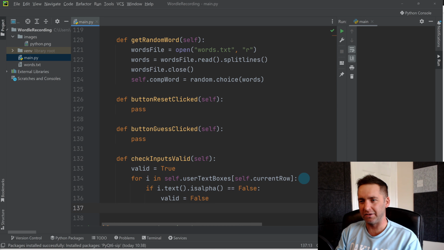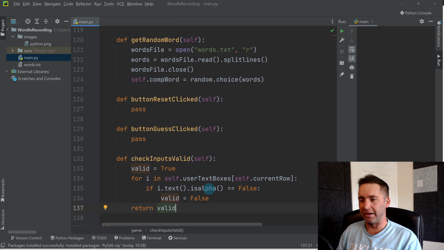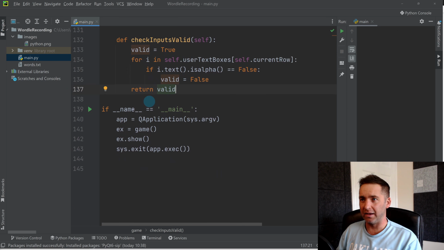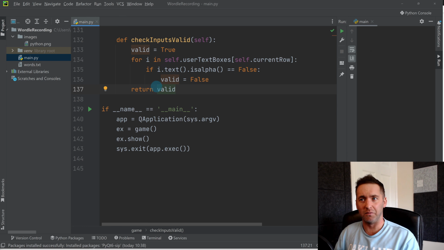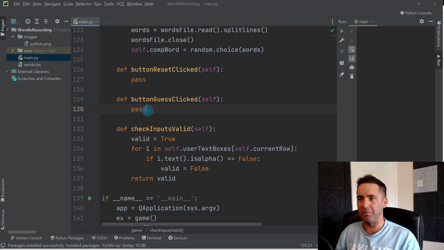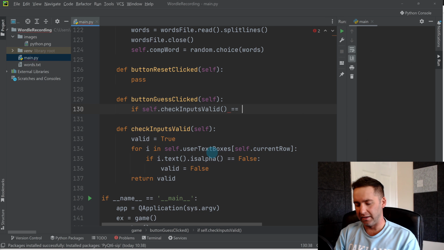So it's a quick validation check. I could add more validation to this if I want, and I could do it all in a check valid method, which might be a nice way of doing it. Now whenever I call this, it's going to return either true or false, depending on if my top line is valid in terms of its inputs or not. Then in this button guess clicked, I can reference that right at the start. I wrote if self.check inputs valid is equal to false,